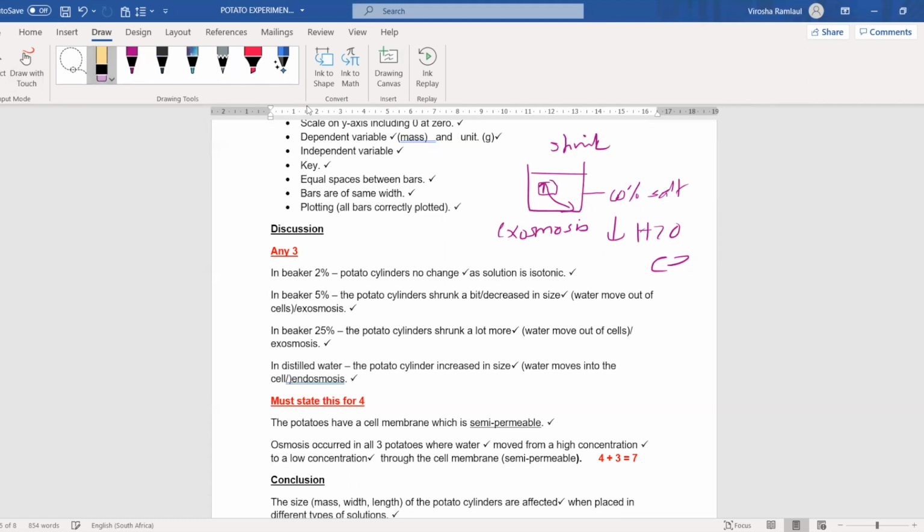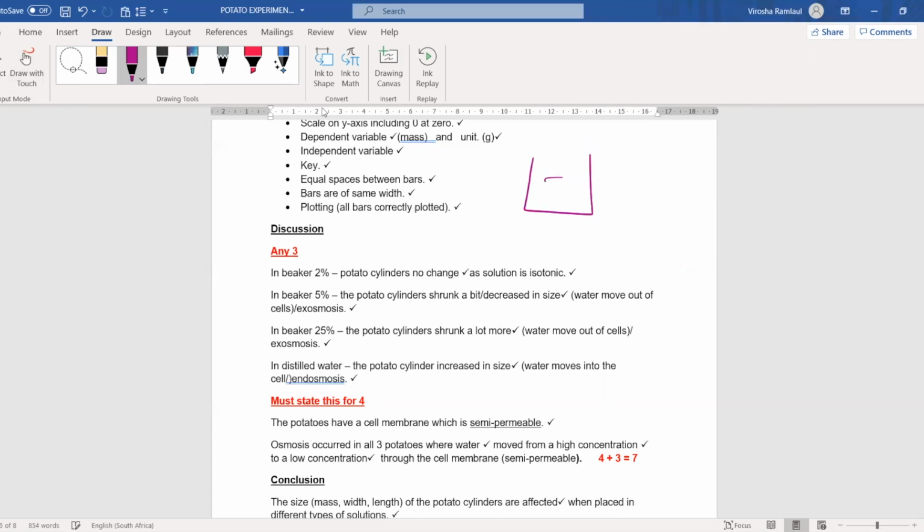Okay. And the last one, if you ever did this experiment at home or you did it in class, never use the one with the 2%. The 2%, unfortunately, maybe 2% salt or sugar, had a similar concentration of water to the vacuole. So there's a high concentration in the vacuole, there's a high concentration of water in the beaker. There's no gradient, so no water moves out. This is known as an isotonic solution. So no water moves out, so you wouldn't have seen the change. So that's why if you're going to ever do an experiment, use 3 where you're going to get definitely different